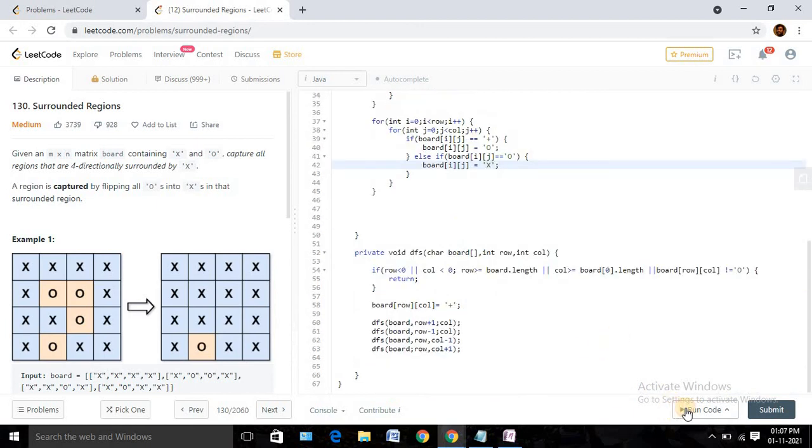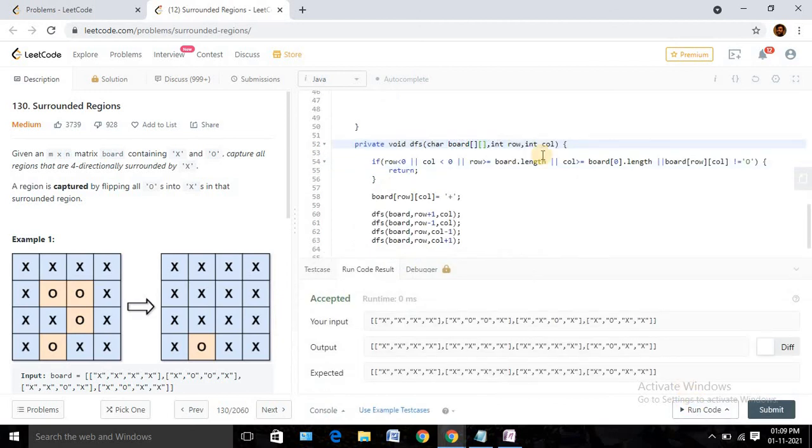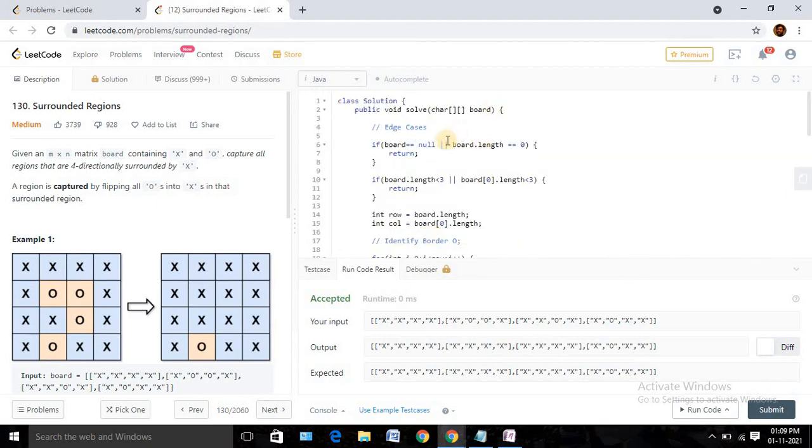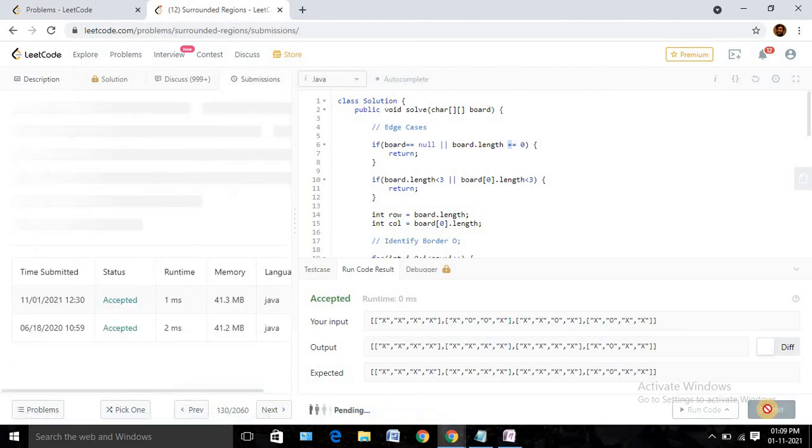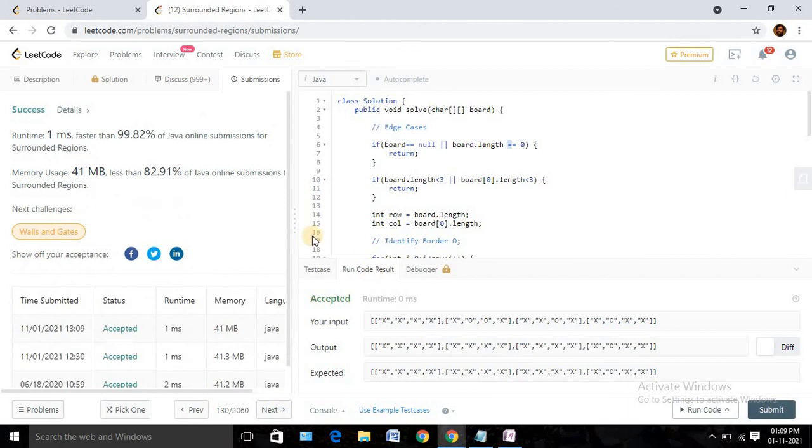Let us quickly run and see whether this is working. Okay, now I think it's running. So there are a couple of issues, like it should be a two-dimensional array. We declared it as a one-dimensional array, and we used a semicolon here. It should be column, and there is some issue here also. We are using a single equals. So yeah, I fixed these three things. Now it's running. Now you can see it is giving us the expected answer. Now quickly submit the solution and check whether it's accepted or not for all the required inputs. Okay, yeah, you can see our solution is accepted and it is beating 99.82% of Java solutions.